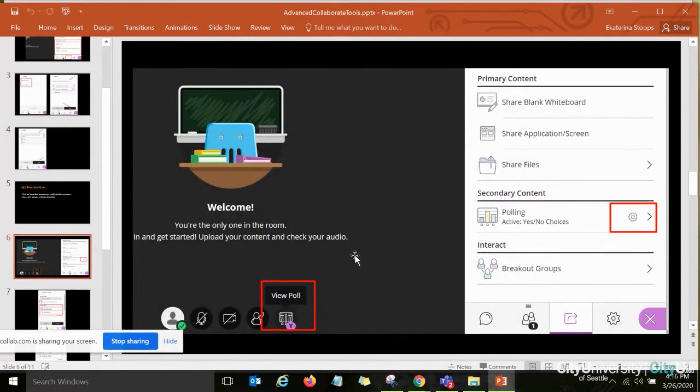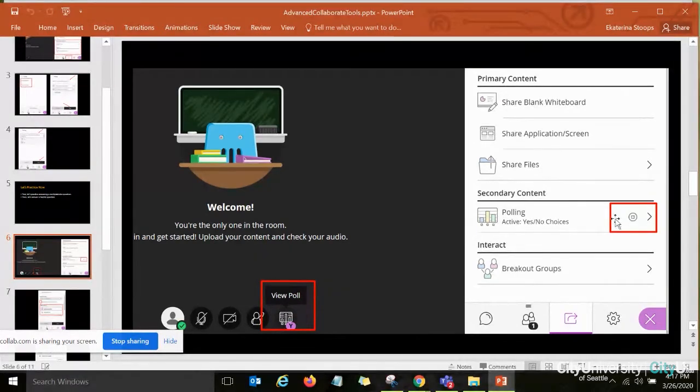Basically, there are two things that I want you to keep in mind when you do the polls. Launch the poll. So right here at the bottom, you will see the little icon that will allow you to view the poll if you want to. And then once you're done with the poll, when your students have answered the question, to stop the poll, you will need to click on this circle with a square inside of that little circle,